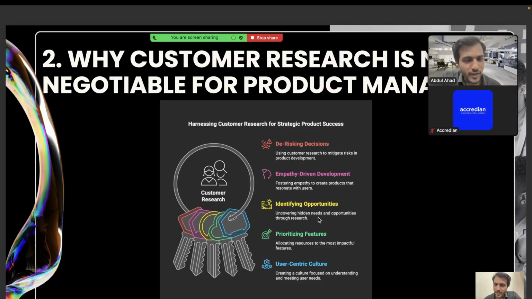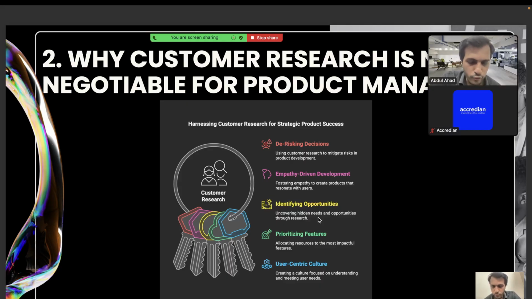Next, number 4, prioritizing features. We want to build the right product. We want to build products that really are of value to the customer. We don't want to be building on features which may not be so important to them. So, what will be their value proposition? If we build a value proposition, will they like it or not? If we work on a particular product goal, will that be of some value to them or not? So as much as we want to deliver customer value to our users, accordingly we will also be able to